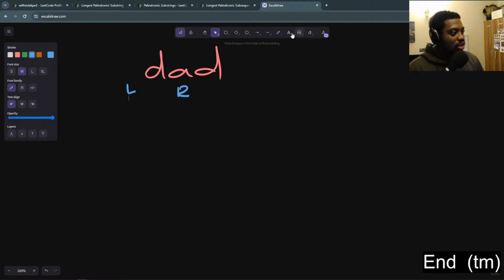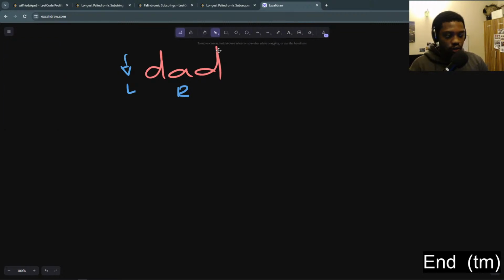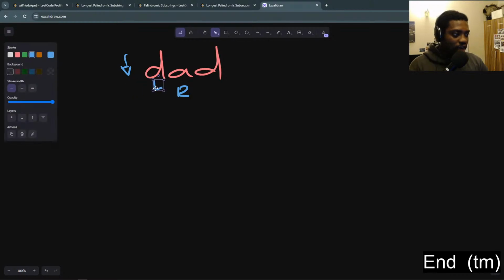So in this case here, this is outside of the string. So this is not going to increase. But what this condition is looking for is that the first character here is